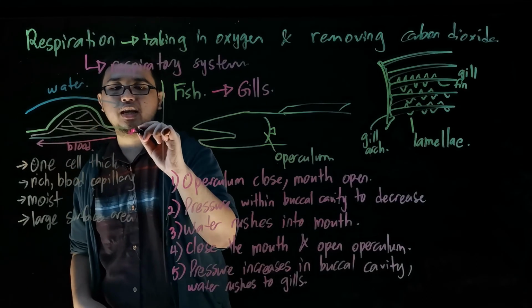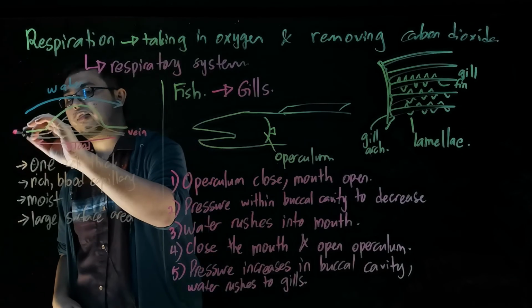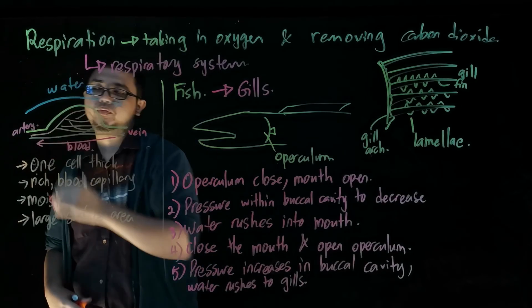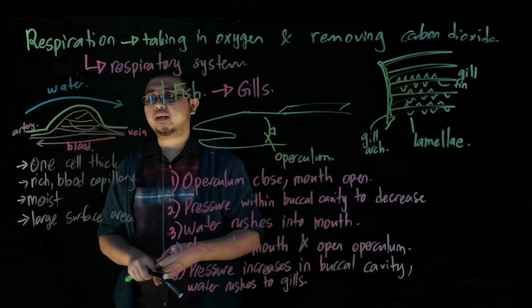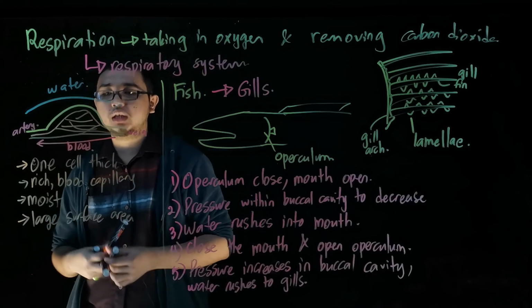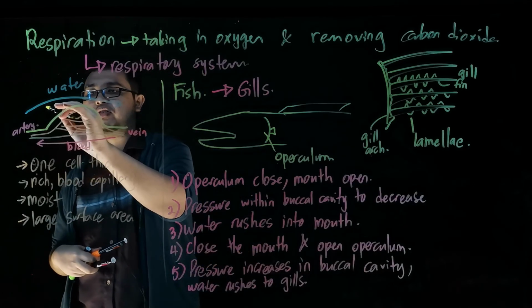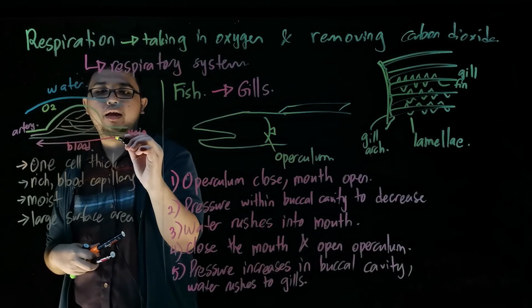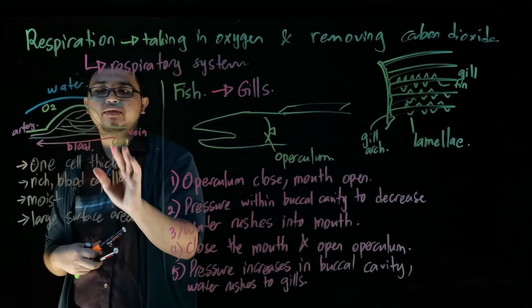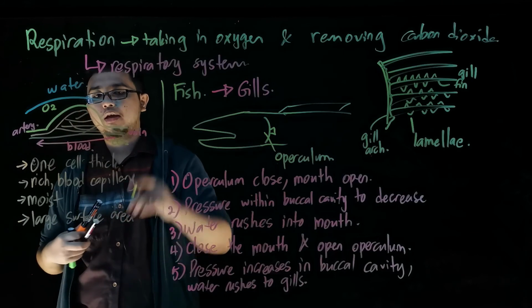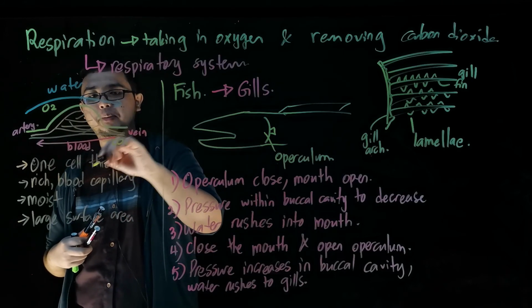Here is where your vein is, your artery is. So what happens here is that the dissolved oxygen and the carbon dioxide are exchanged within the lamella. First, the carbon dioxide from the blood cell